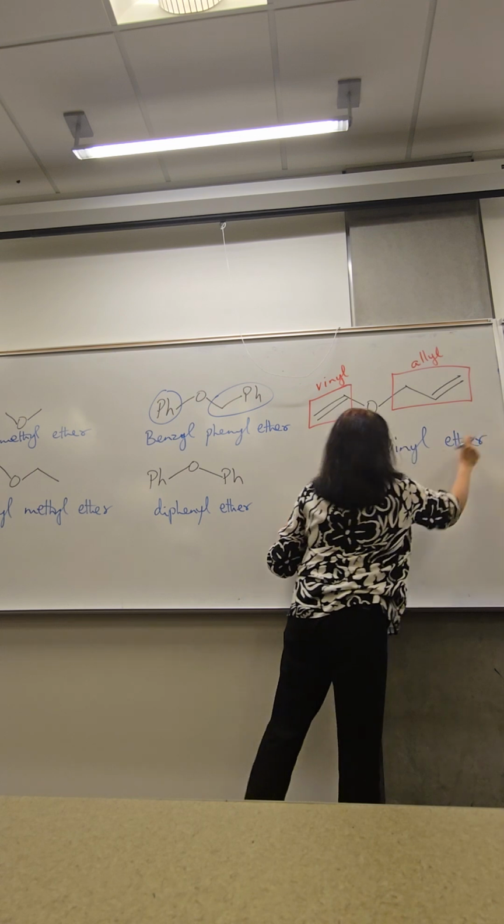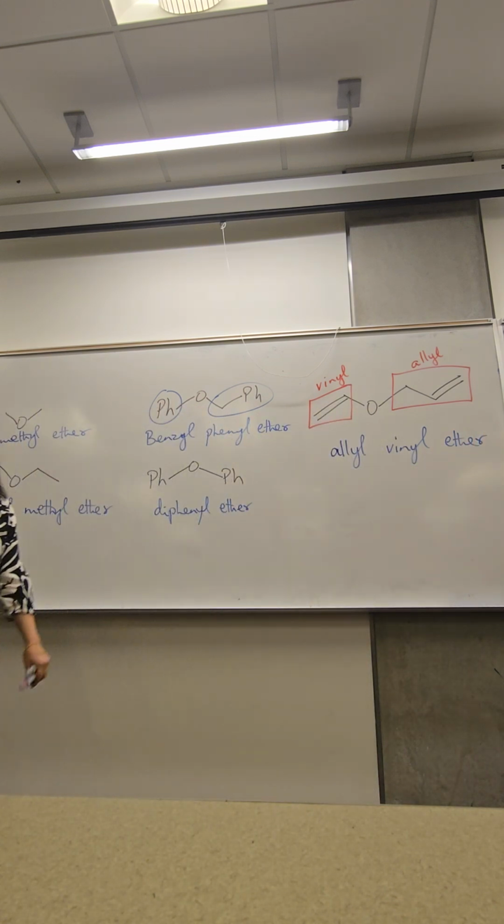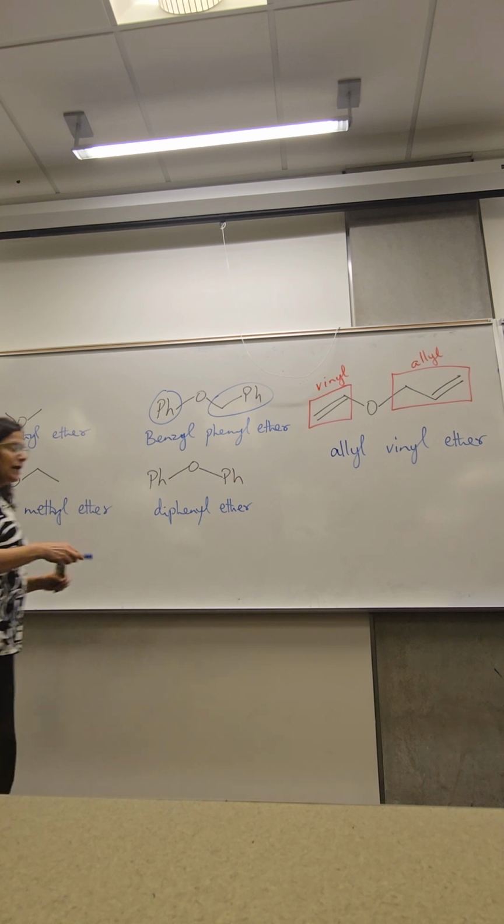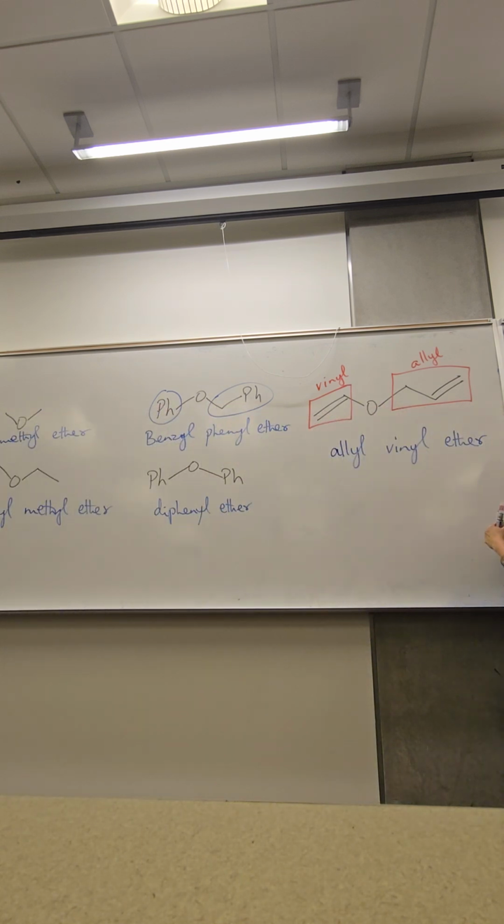Again, those are common names. Those are not IUPAC names. But our common names only work for simple ethers. You cannot use common names when ethers get a little bit more complex. For example, that, yeah, we can use it, name it differently as well. But any questions about common names? Okay. According to the IUPAC system,